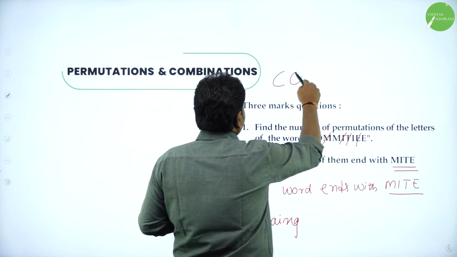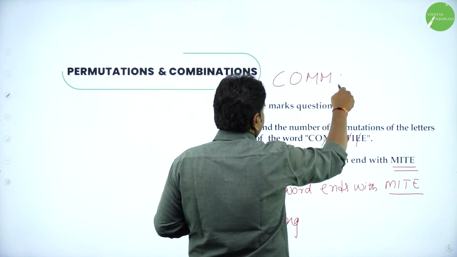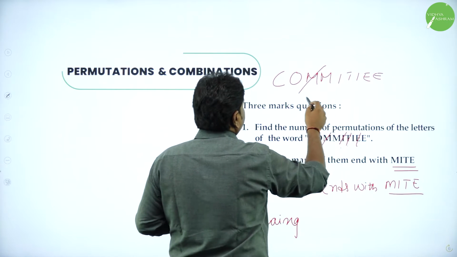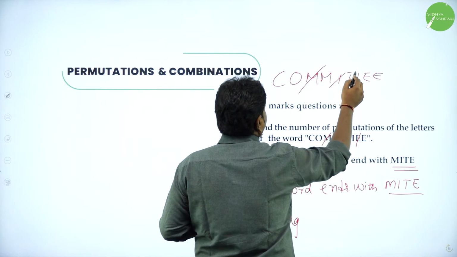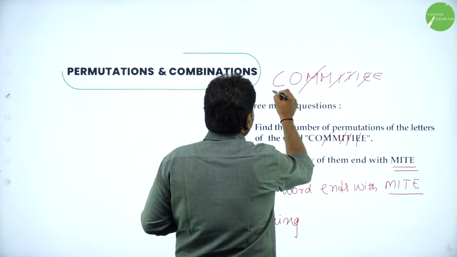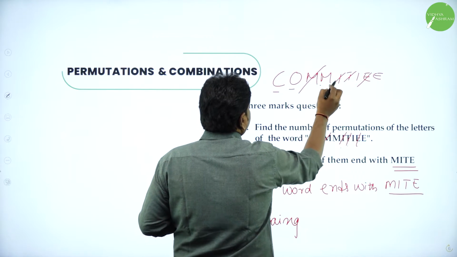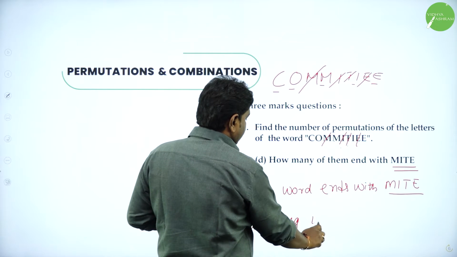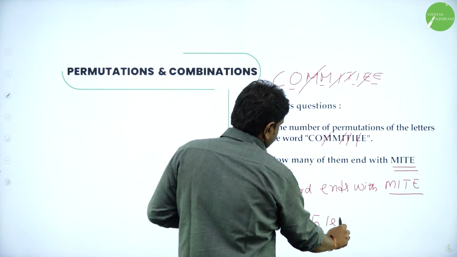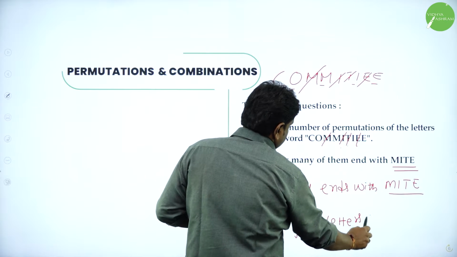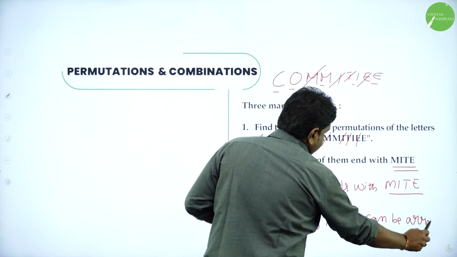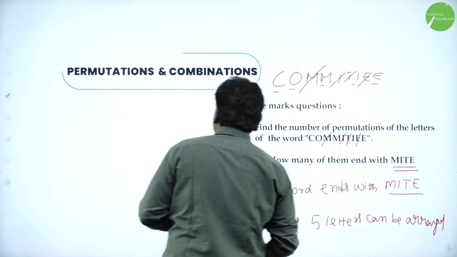So in COMMITTEE, in this, 1 M I will remove, 1 I will remove, 1 T, 1 E I remove. So other than that, I'll have 5 remaining letters, which can be arranged